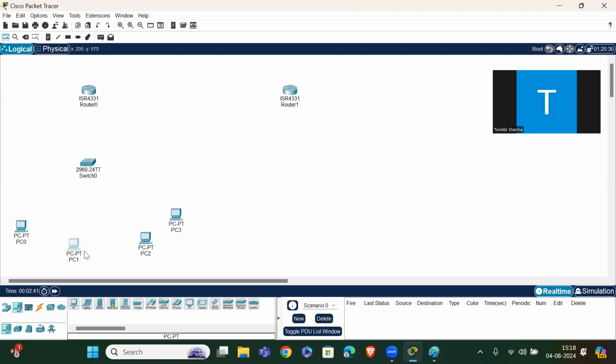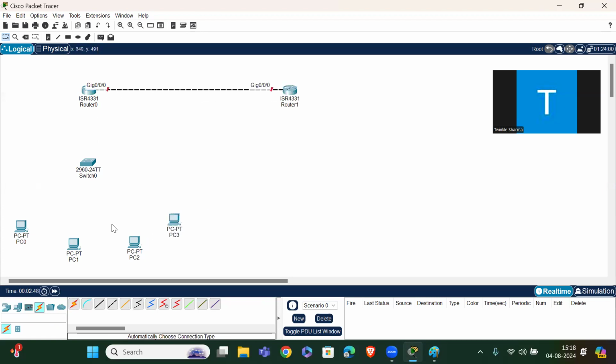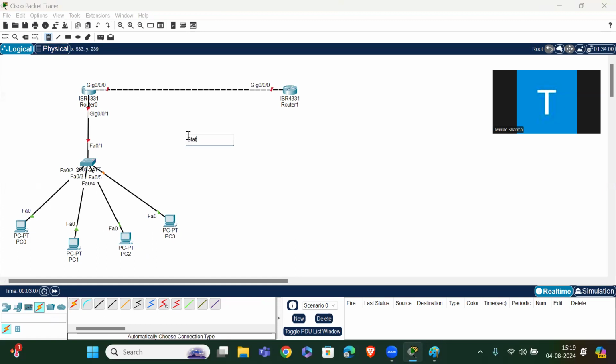Let me connect them with the connecting wires. Today we will do the static mapping first, one to one.